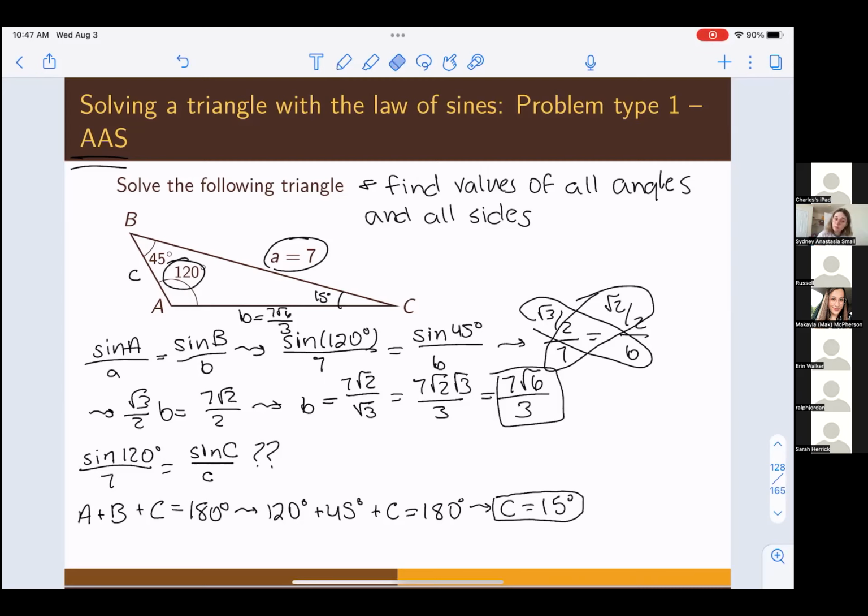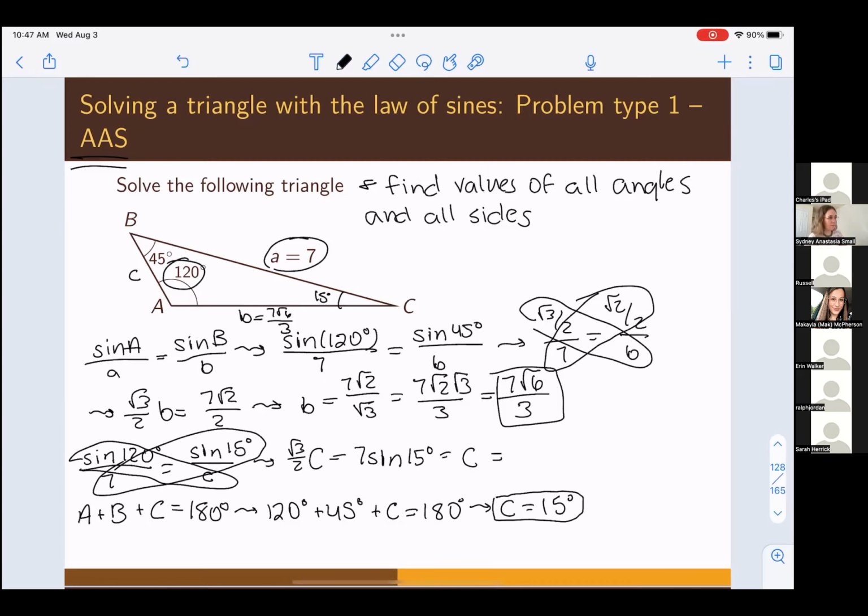Cool. Now we're almost done, and now we can use the law of sines to solve for side C because we now know angle C. So going forward with this equation above, we can replace the sine of C here with sine of 15 degrees. Multiplying this out and solving for C, we get that root 3 over 2 C is equal to 7 sine 15 degrees, just multiplying like that. And then solving for C, C is equal to